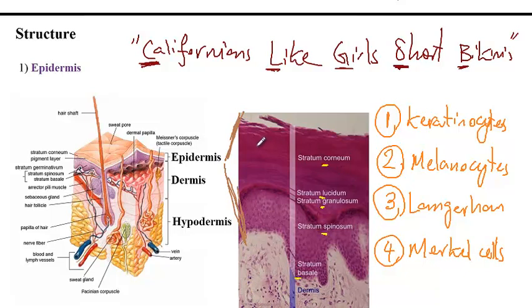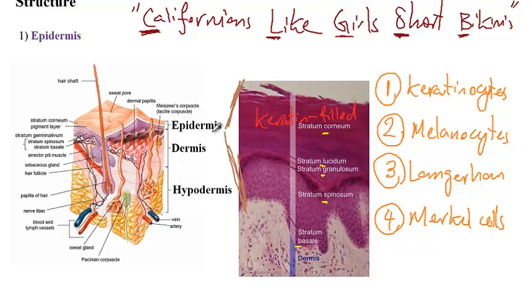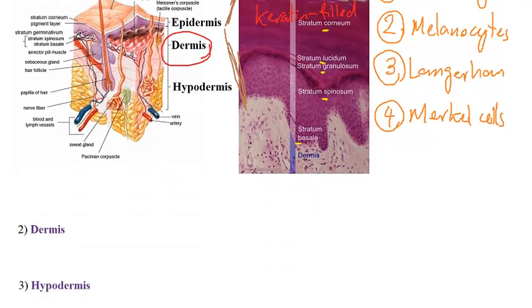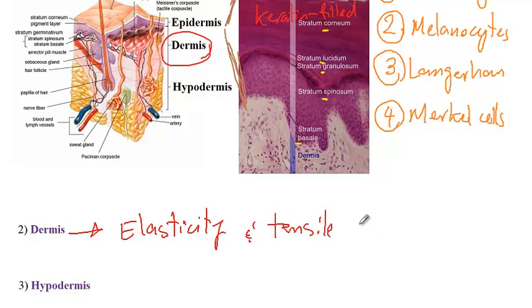So this layer has multiple layers of keratin-filled and flattened keratinocytes. The next layer of the skin is called dermis, which has abundant concentration of collagen and elastic fibers in order to provide elasticity. So this layer provides elasticity and tensile strength